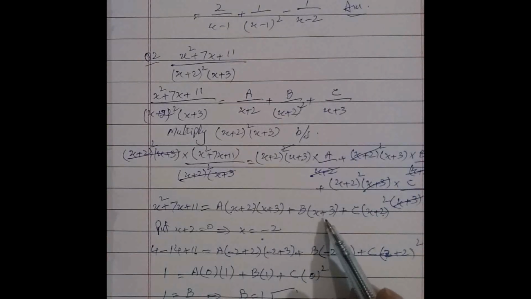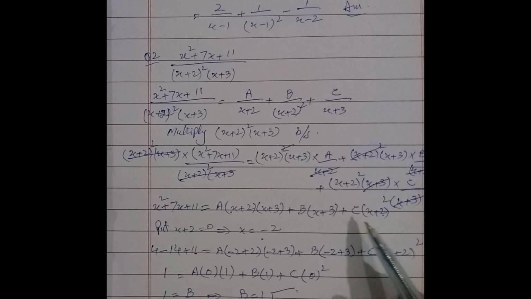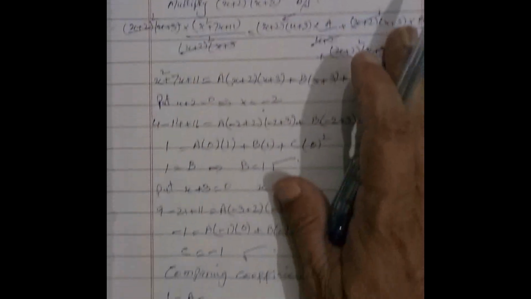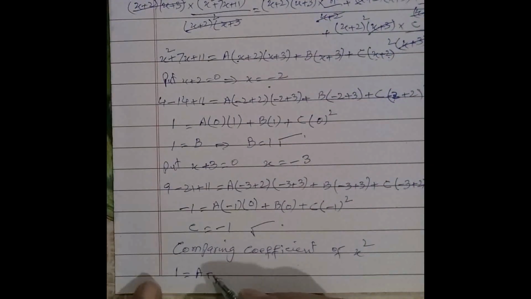Here there is no x square, so we cannot write the coefficient of b. In the third, c times (x plus 2) whole square, when we take the square we get x square, and the coefficient is c, so a plus c is equal to